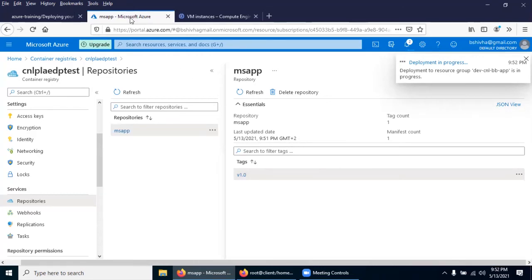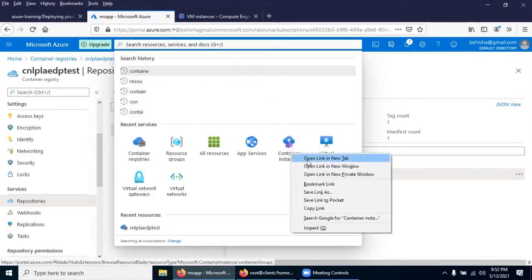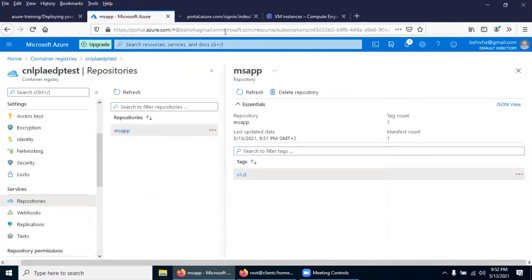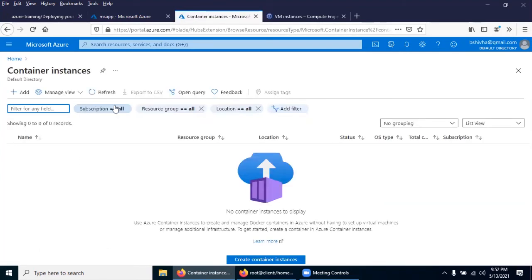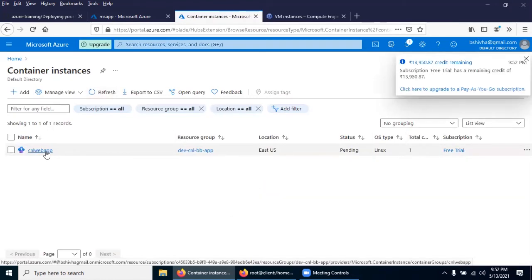Now go to Azure Container Instance. Right-click, open it in a new tab. Wait, because it's getting created anyway. So we are going directly to the Azure Container Instance. Refresh, wait. Yes, CNL web app is now getting created.